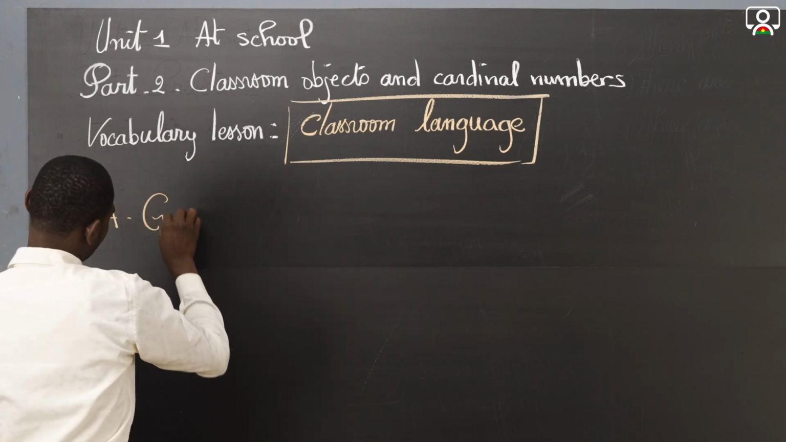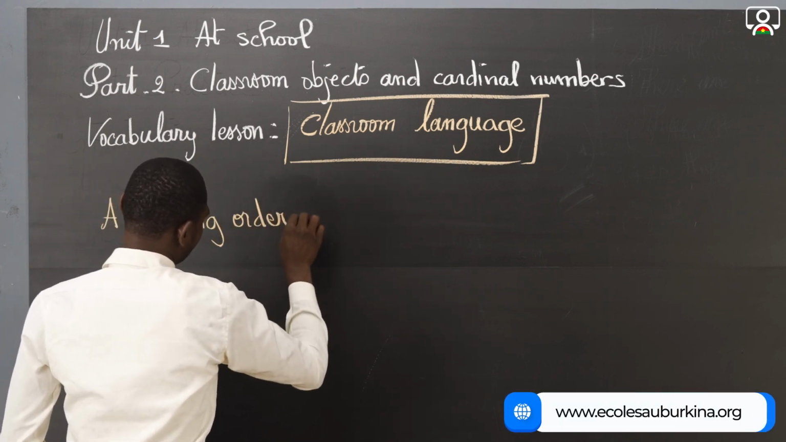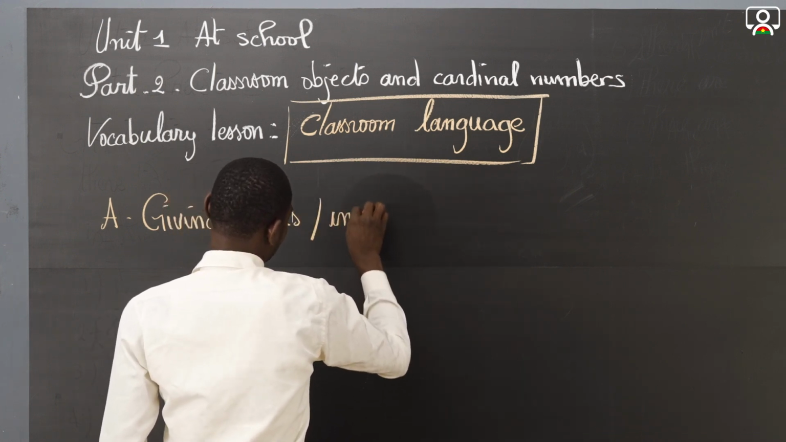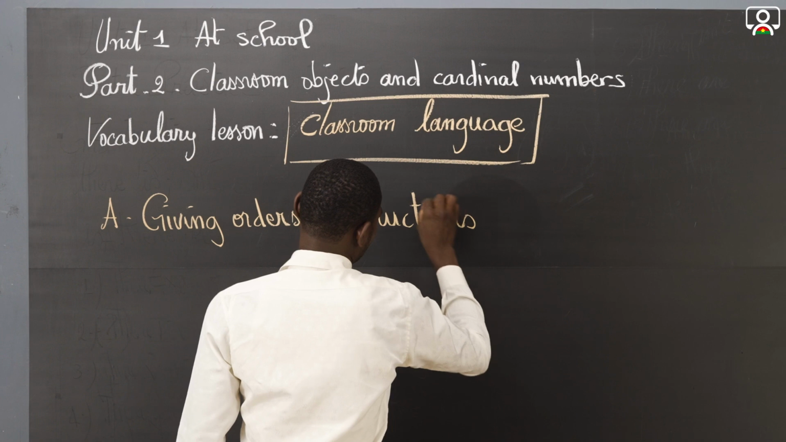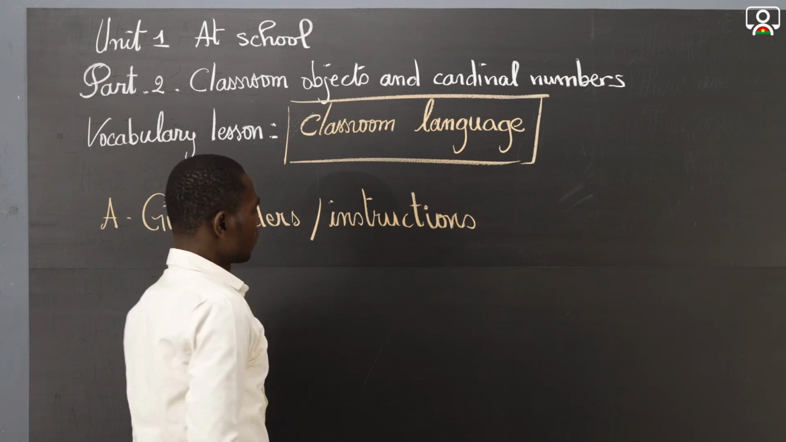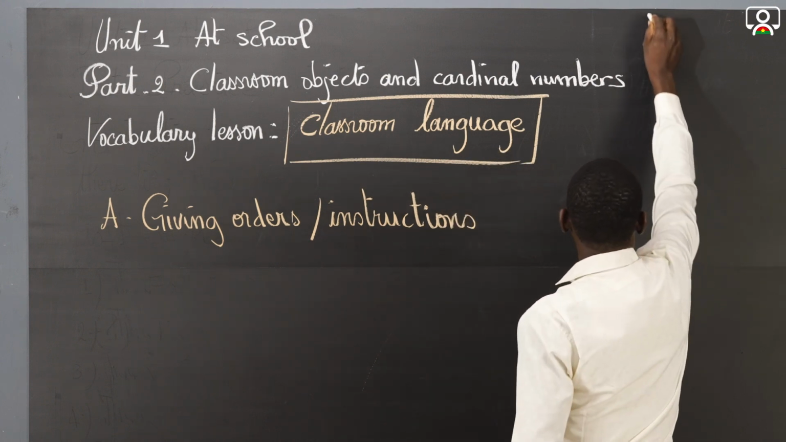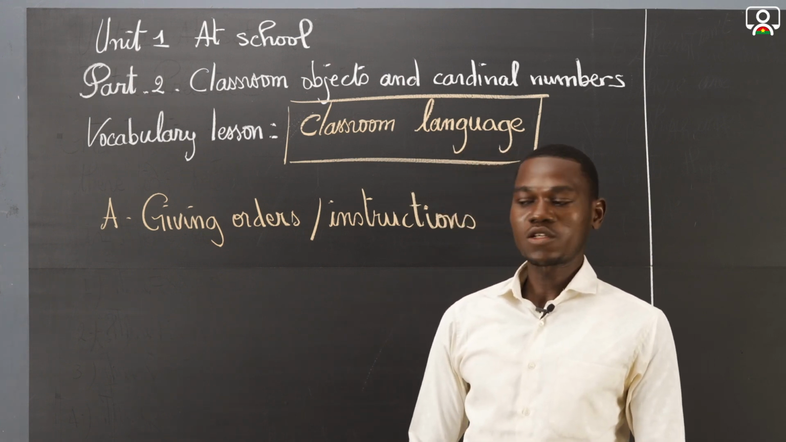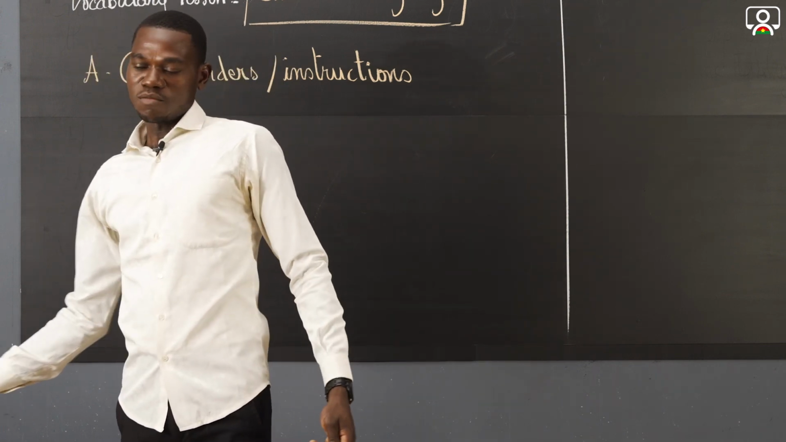Capital A, giving orders or instructions. Giving orders or instructions. When you want somebody or someone to do something, you give him some orders or you give him some instructions. Okay? Now, in our classroom,